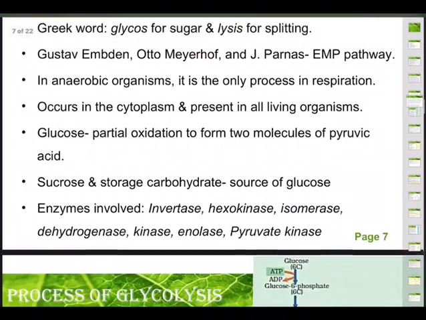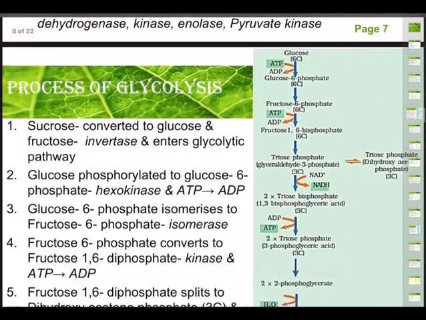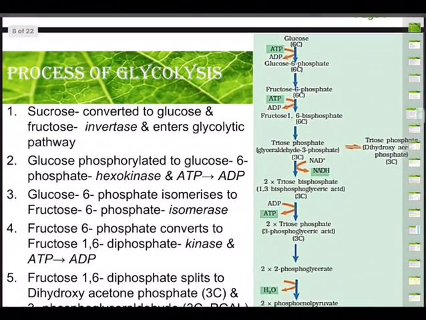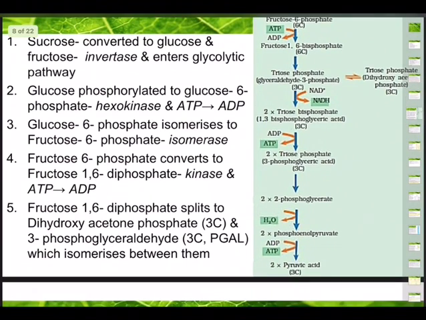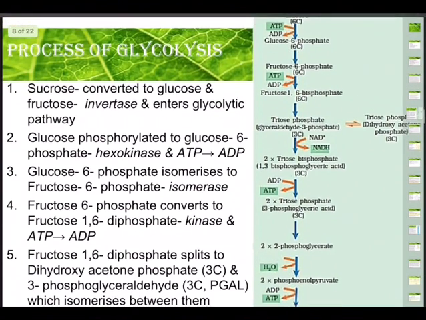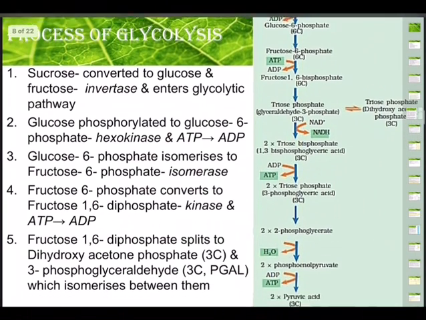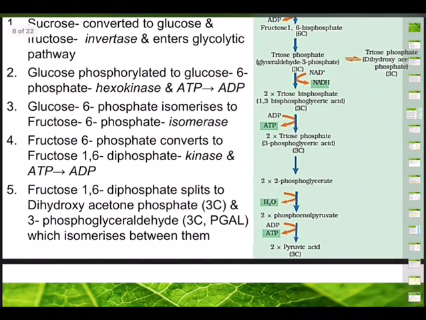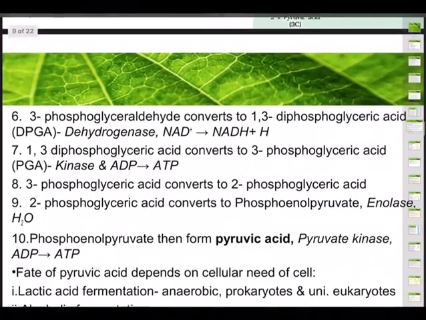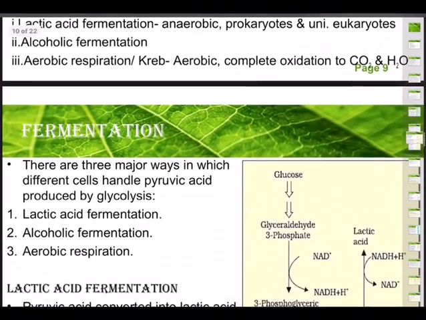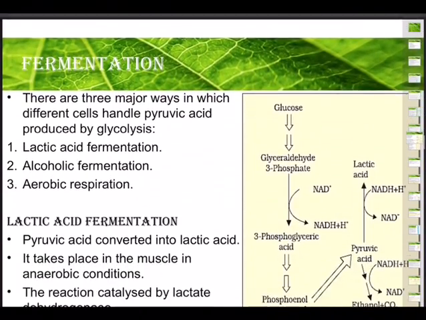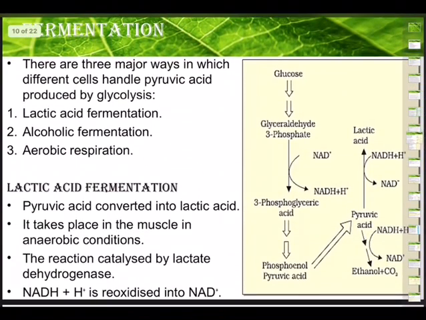C6H12O6 plus 6 molecules of oxygen gives rise to 6 molecules of carbon dioxide and 6 molecules of water plus energy. What is that energy? How much is that energy? I said 686 kilocalories. And this happens with a series of steps, and the first and foremost step in respiration is glycolysis. And in glycolysis, we said these are the various steps that take place, right from glucose and finally